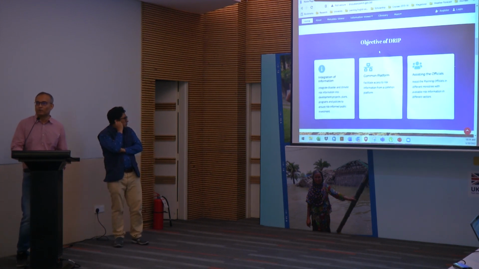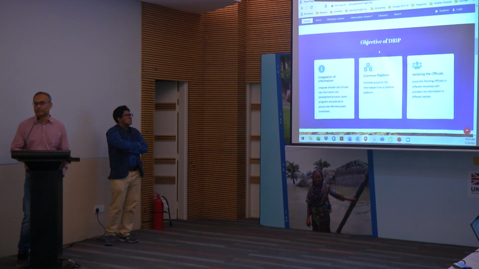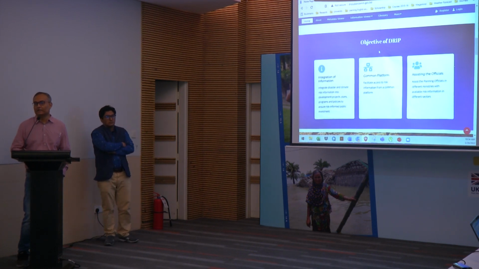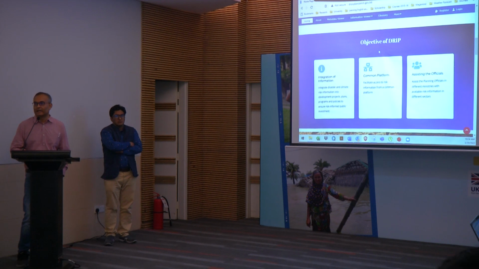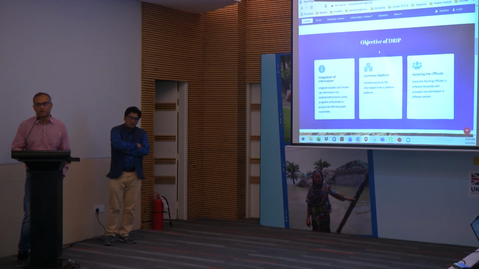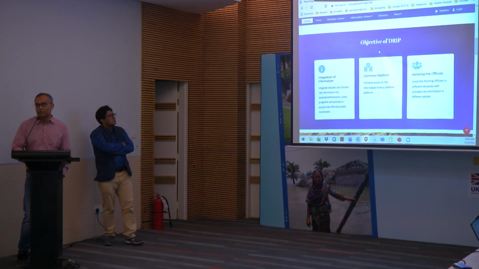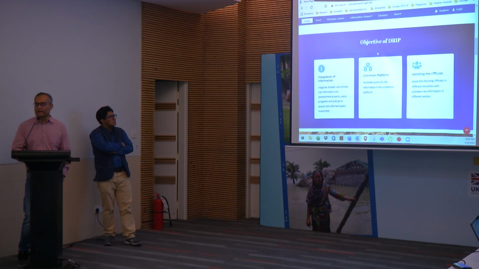So the information is available from various different agencies. For this platform, data is collected from 14 agencies for the disaster risk assessment. For government officials to collect information from 14 agencies and analyze it is quite difficult. So all this information will be available in this one. It's just a few clicks away from them. They will use this, generate that report and analyze accordingly.